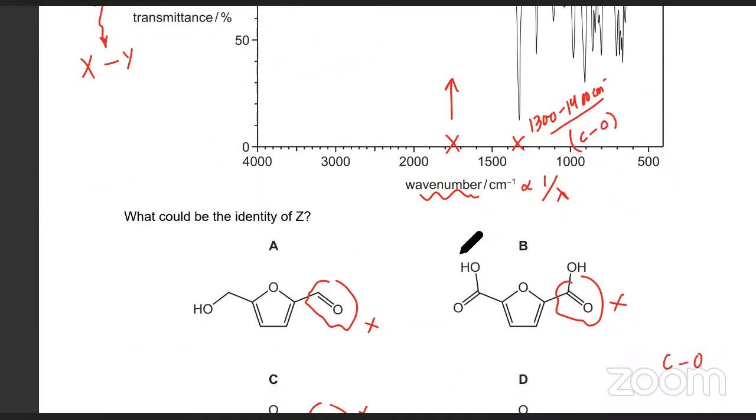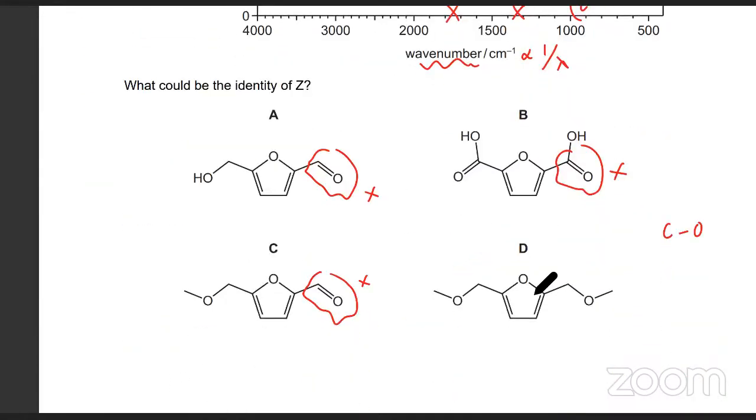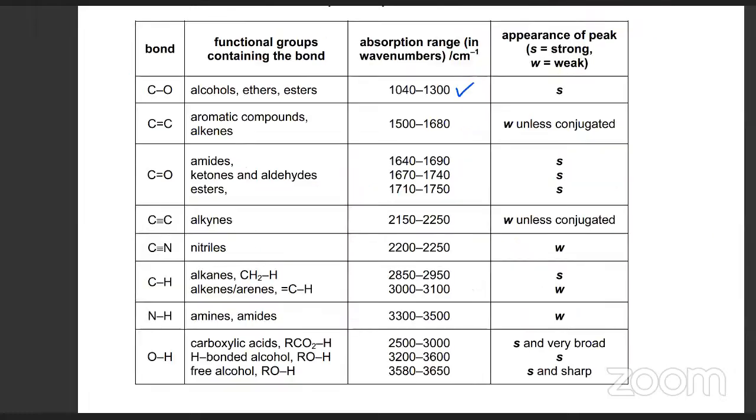So it's going to be C single bond O. So I guess it's the last one. It's going to be D, because C single bond O, this is C single bond O, this is C single bond O as well. It's got carbon double bond carbons as well. So where do carbon double bond carbon